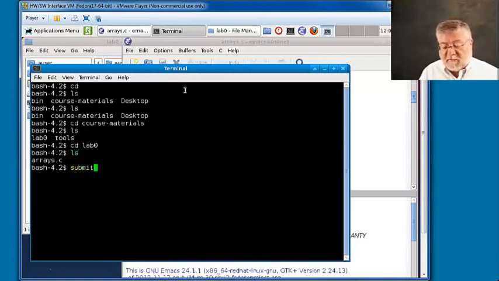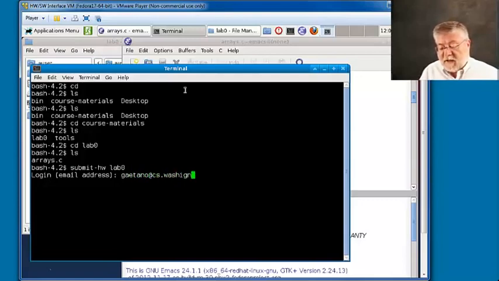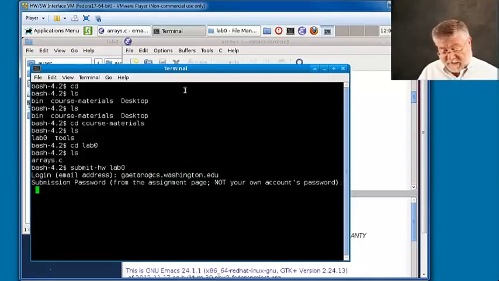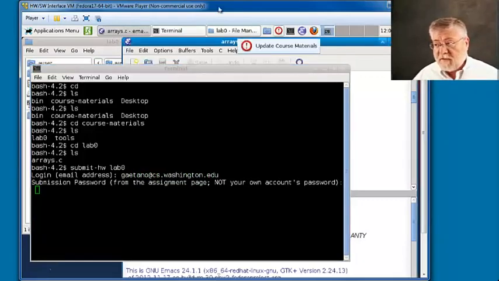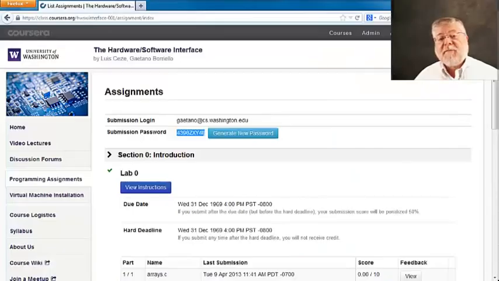At this point, I can type submit homework, Lab 0. Submit homework is a little utility we've provided to help you with the submission process. And it asks me for my email address that I will need for my submission, if I can spell it correctly, and then for my submission password. The submission password is not your Coursera password, but a single use password that's generated on the website